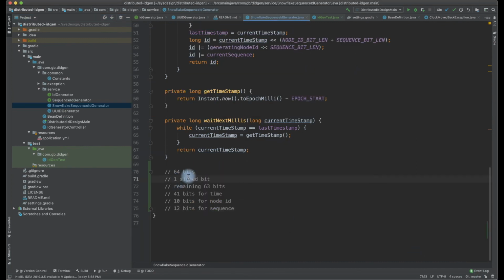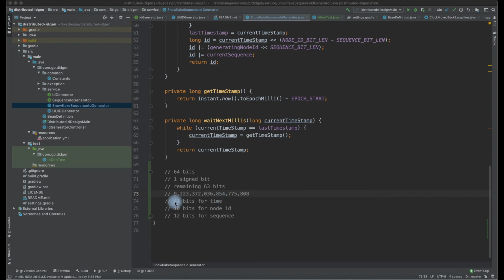Let us look into this. As we said, we are going to generate an ID which is 64 bits in length. One is the sign bit. We will not be using it. We have 63 bits. So, using these 63 bits, we need to generate the ID. What is the maximum value that we can generate with these 63 bits only by having auto increment? It is 9223372036854775808. It is a very big number. And when we are solving a problem at Amazon scale or Twitter scale, we can use this. We can have this number as a maximum value. In that, how are we going to organize it? How are we going to uniquely generate?